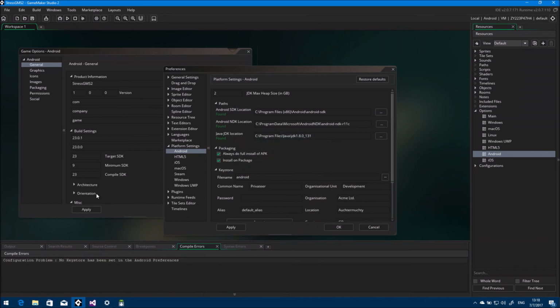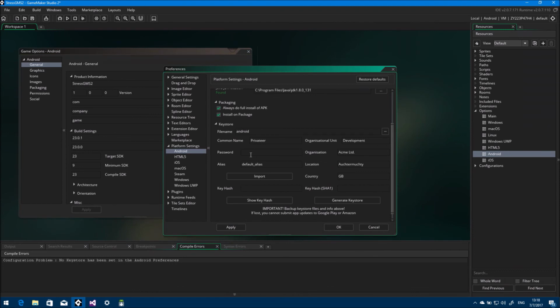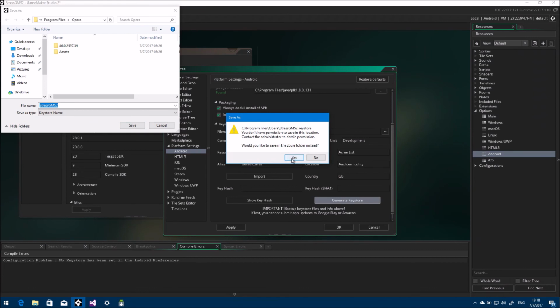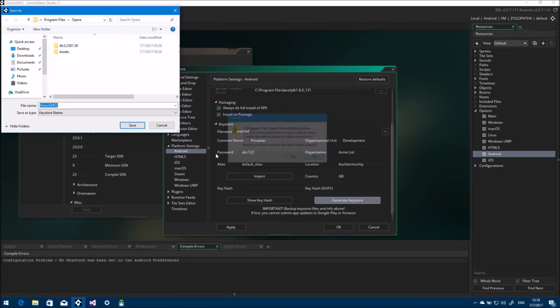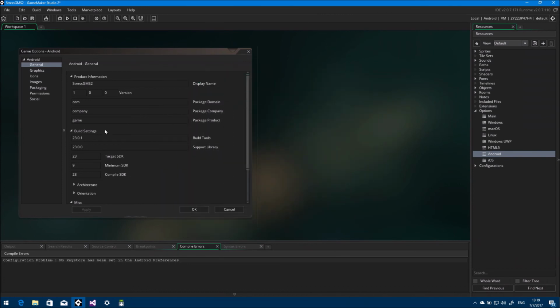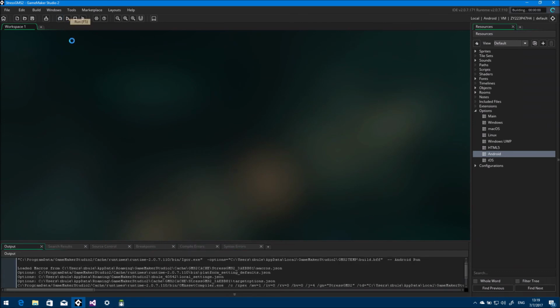Oh, it needs this key store. Okay, let's apply this, and just for now let's just generate a key store and save it. Oh, okay. Documents, there we go. And there, everything is done. There's a hash values over here, so that means there's a key store, and this changed to a file name. So let's OK all that, and